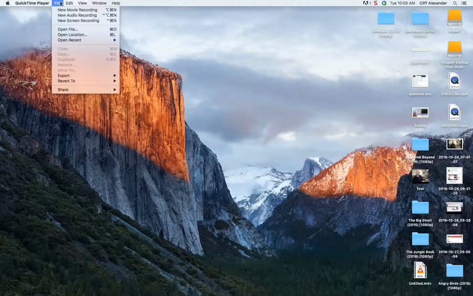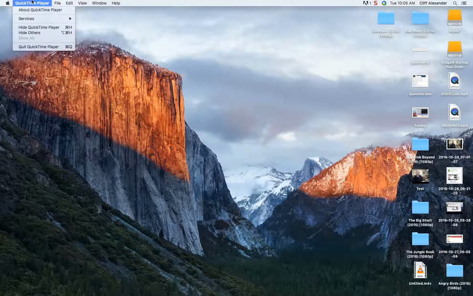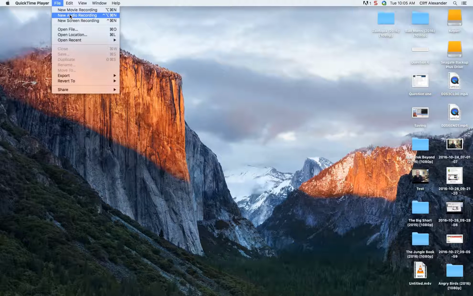What you do is click on File, and then you have the three main components of QuickTime. You have a new movie recording, you can record audio only, or you can do a screen recording. Now, screen recording is basically whatever is on your screen itself. And new audio is just any kind of audio recording that you need to make. Or a new movie recording, when you click that, you can actually have